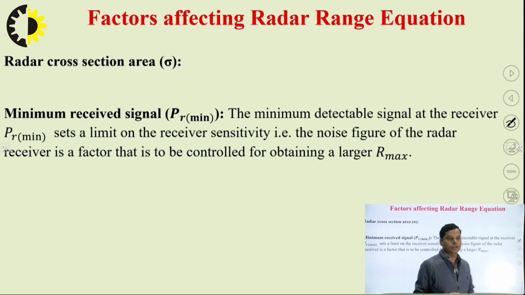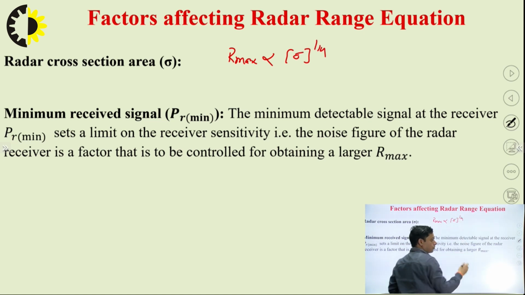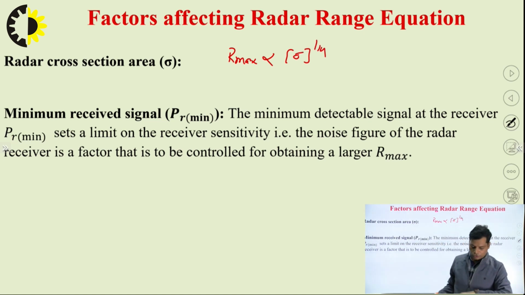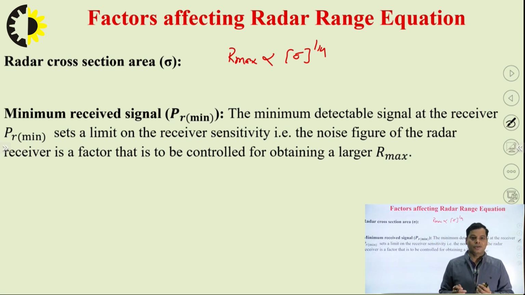Okay. Next one, radar cross section. So R max is also proportional to sigma raised to power 1 by 4, but sigma just gives the information regarding the shape and size of a target. But right now sigma is not a controllable factor for any radar, because in the present scenario the war machines are very sleek. So that's why its